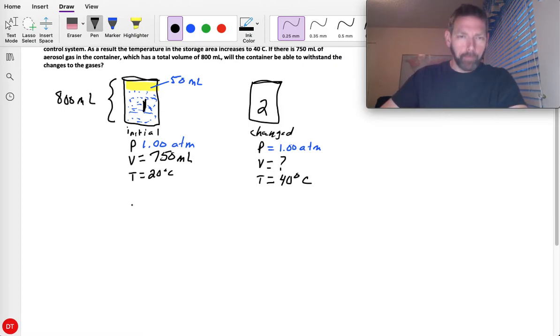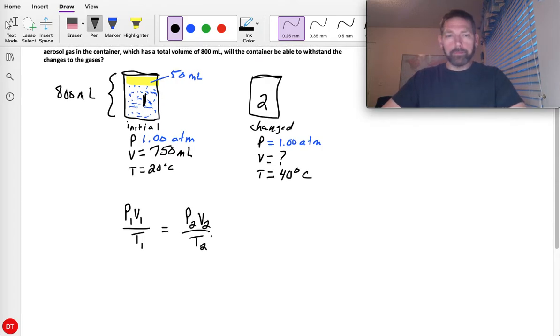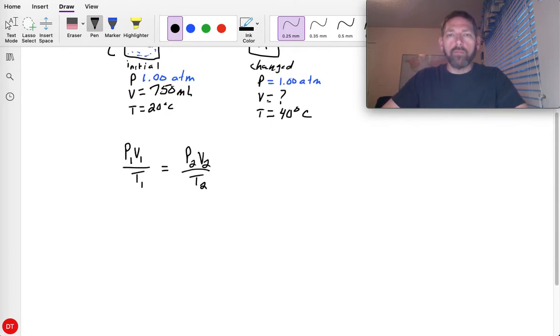Let's figure that out. We have already discussed that P1 V1 over T1 is equal to P2 V2 over T2. We already know this. We're solving for V2, so before we do anything else, we want to isolate V2 out of this equation. This is standard to do, to rearrange this. The first thing you should always do